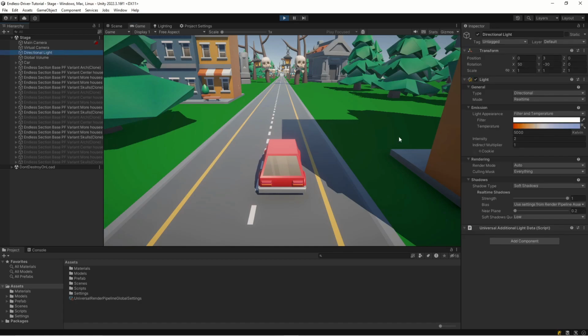First of all, let's look at our directional light here. We are right now using soft shadows and want it to be hard shadows to sort of fit the theme of the game a little bit more. And the strength of the shadows, they are super dark right now, so I think that we can reduce that